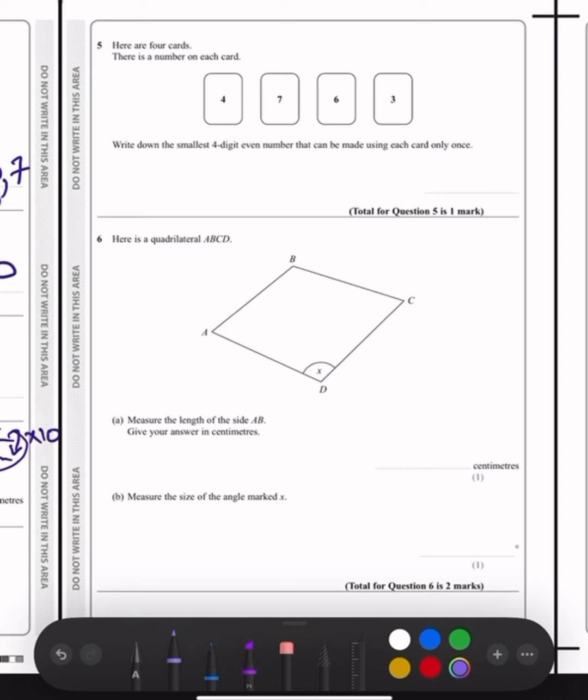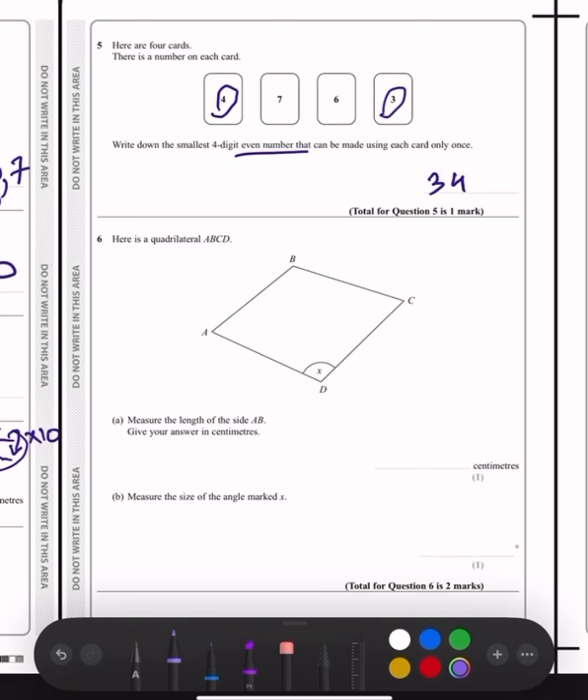So they're basically saying even number. So we need to underline that because that's a key word. So write down the smallest 4-digit even number that can be made using each card only once. So when we talk about smallest, we mostly know that the smallest number here is a 3, so we can start with the 3, and that's the right approach here. So firstly we write a 3, then we know a bigger number is a 4,